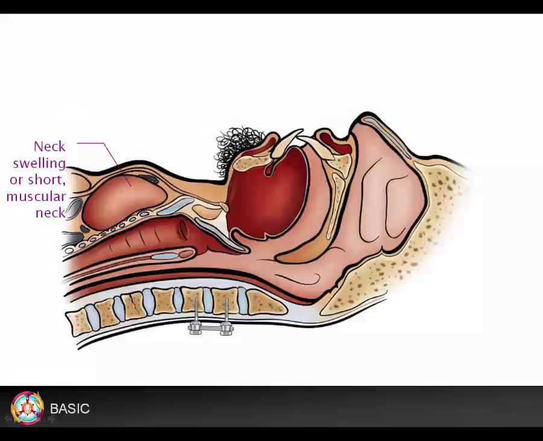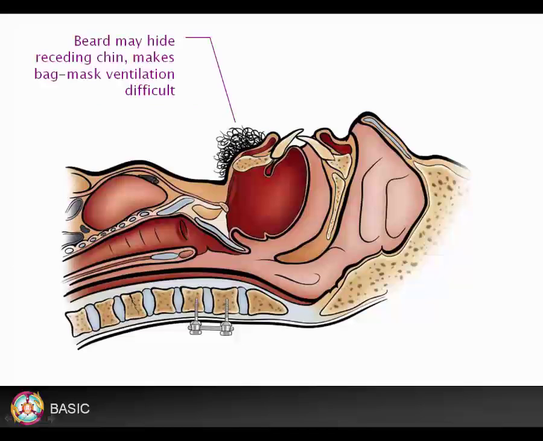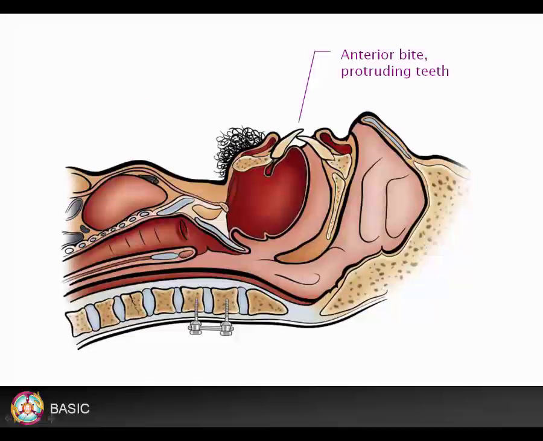Before attempting intubation, always assess the patient to determine whether intubation is likely to be difficult or not. Clues to difficult intubation include neck swelling or short muscular neck, decreased distance between the chin and the thyroid cartilage, less than 6 centimeters is worrying, a beard. This frequently hides a receding chin and makes bag mask ventilation more difficult. Lower incisors that are anterior to the upper incisors or protruding teeth, a small mouth or limited mouth opening, severe